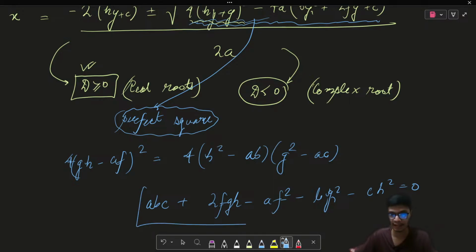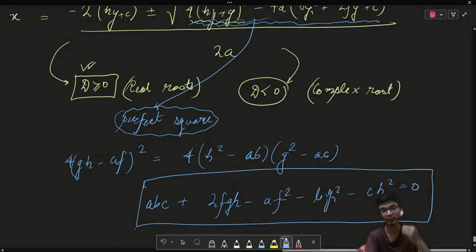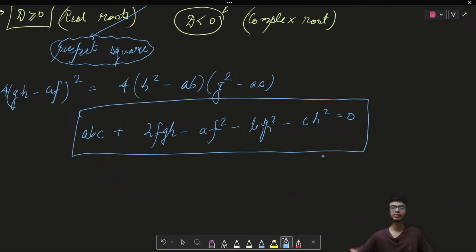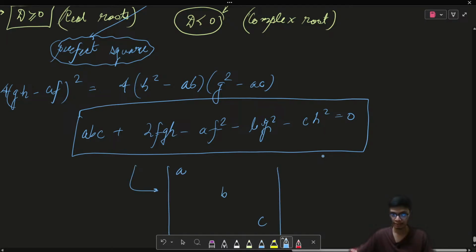So if and only if I have this particular condition, that is, from the given pair of straight line equation or maybe any general second degree equation which is representing any conics. So if I have this particular condition to hold true, which can also be written in terms of a determinant this way,